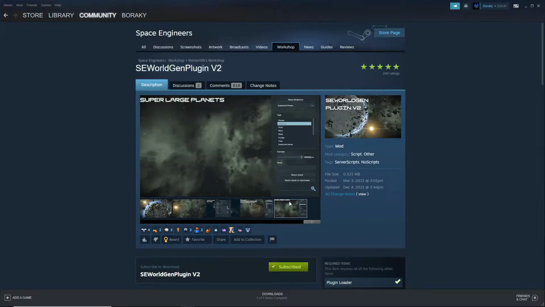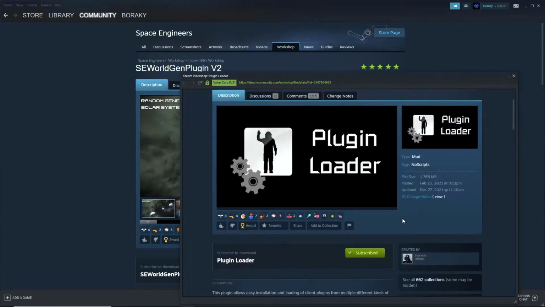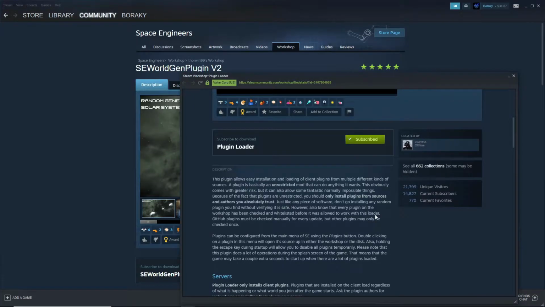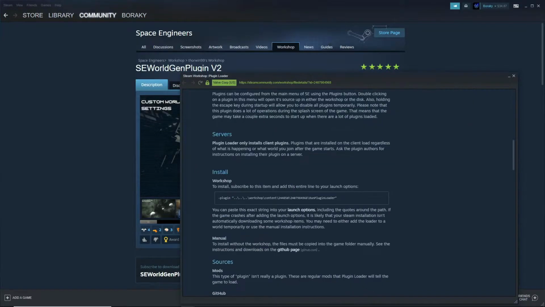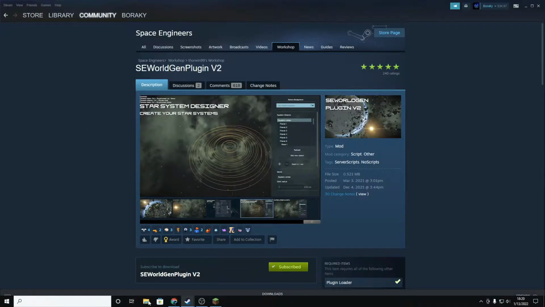So what you're gonna need is the plugin loader, which is actually really neat. It allows easy installation and loading of client plugins from multiple different kinds of sources. It's an unrestricted mod that can do anything it wants. You can put it on servers, but that's besides the point. To get this mod working,